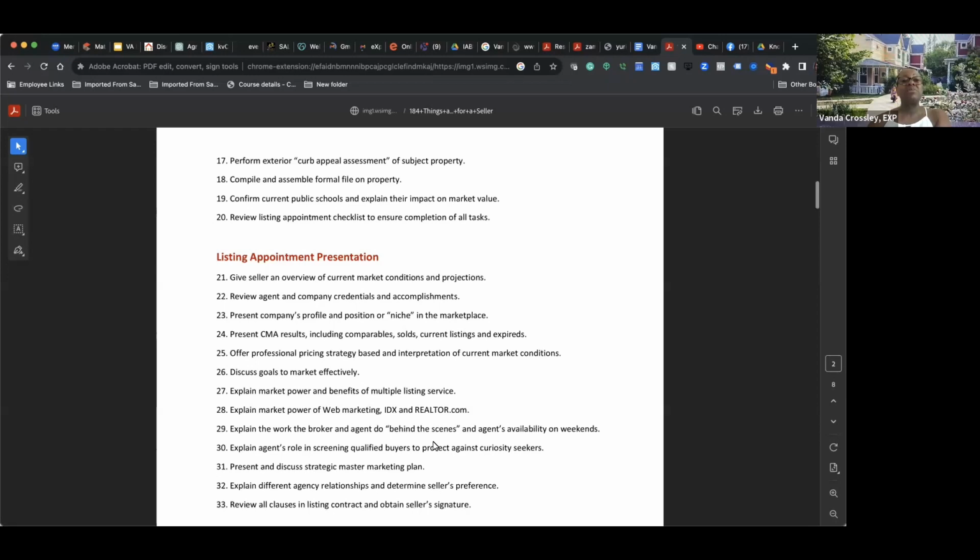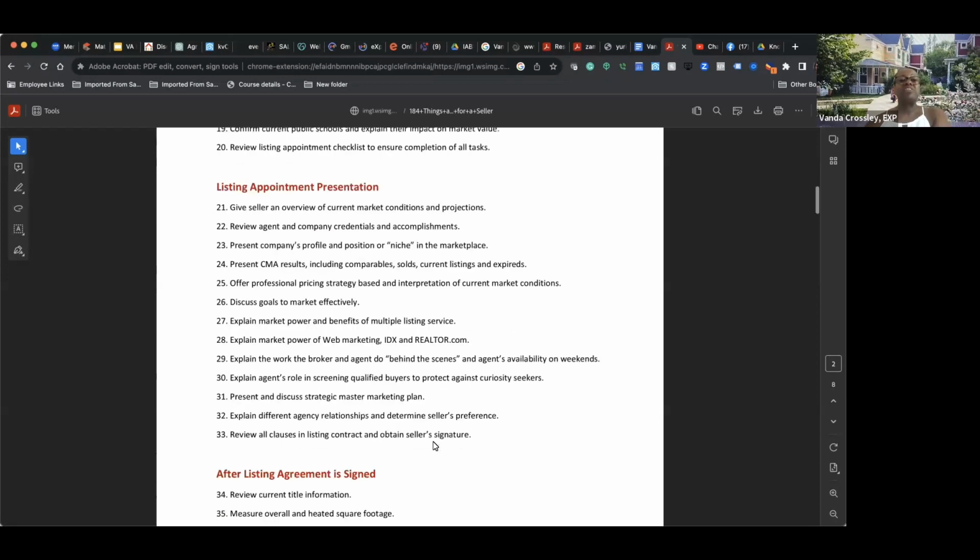So on the listing appointment presentation, we give the seller an overview of the current market conditions and projections, review agent and company credentials and accomplishments, present the company's profile and position or niche in the marketplace, present CMA results, including comparables, solds, current listings, and expired, offer a professional pricing strategy based on interpretation of current market conditions, discuss goals to market effectively,